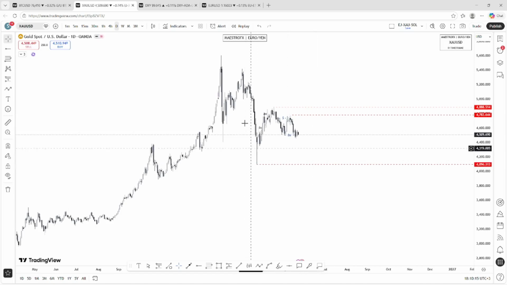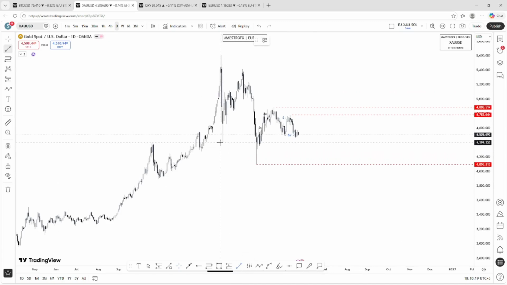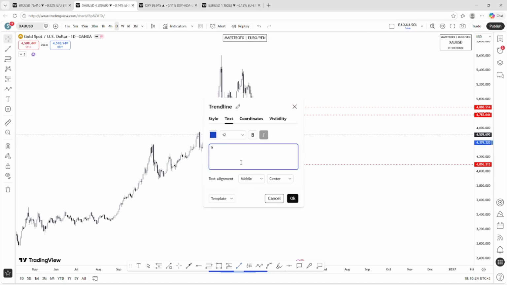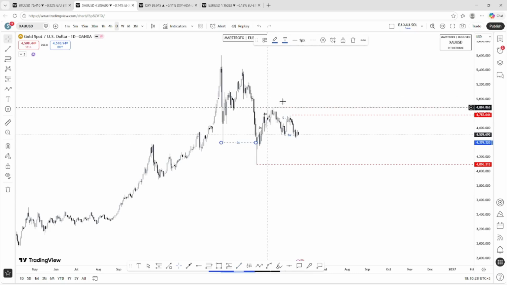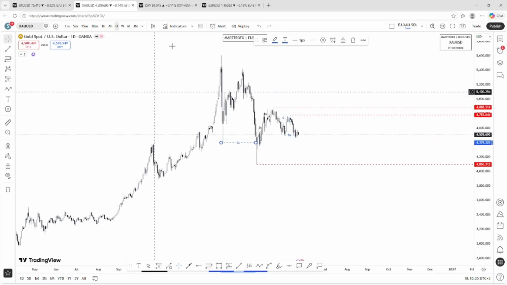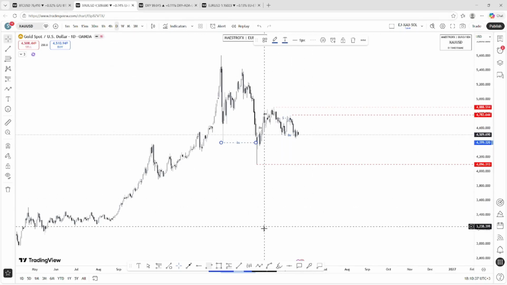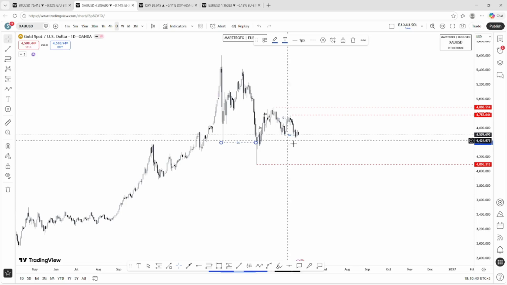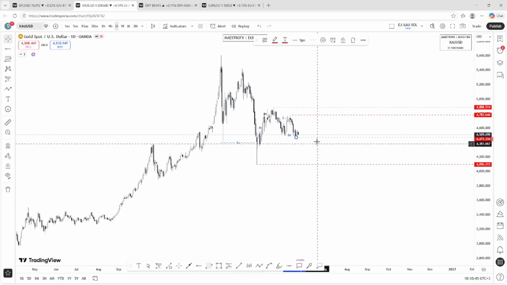You can see that price flashed to the downside here, retraced to the least premium levels, and again started to flash. Other than this liquidity, we have this liquidity to the downside, and this major